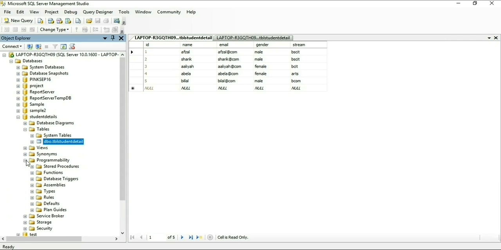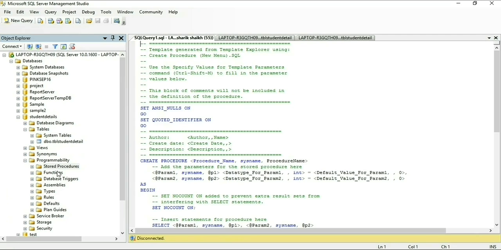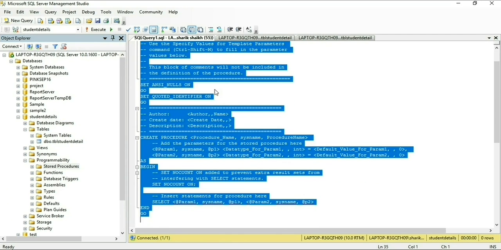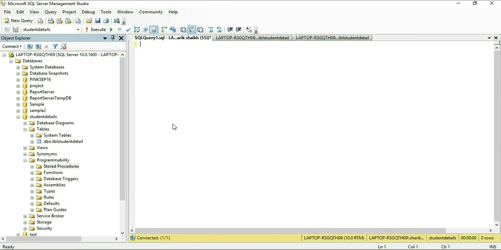Now explore the programmability. Right click on stored procedure, then click on new stored procedure, and I am simply erasing all these stuffs. Now I am writing a query to create a new stored procedure to update our existing data.